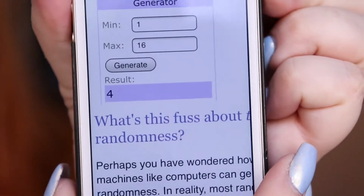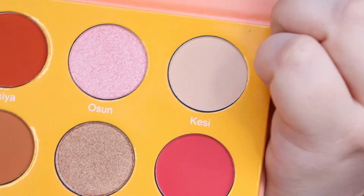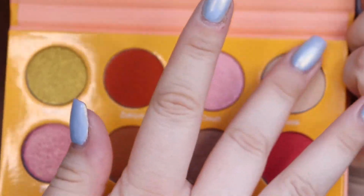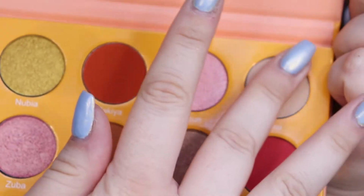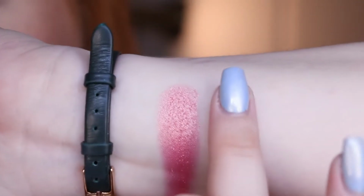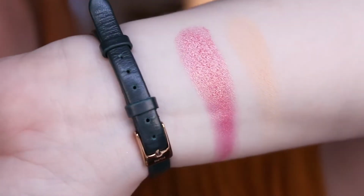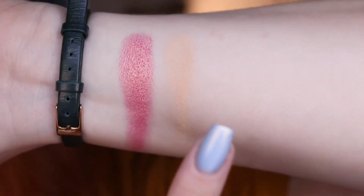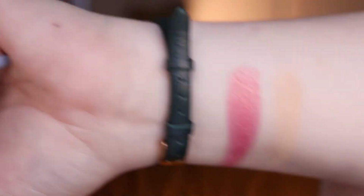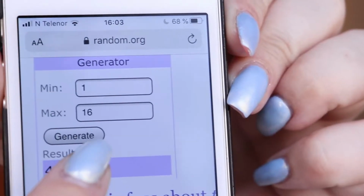Then we got number 4. So that will be the palest transition shade. So I guess that's kind of good. This is number 4. I usually would have hoped for the blues and stuff, but considering my dress, I do want more of the neutral ones from this palette actually. But this is not going to do anything for me. I'm just going to apply this in my crease, but you're basically not going to see much because it's almost my skin color. But anyway, let's just draw the third number,